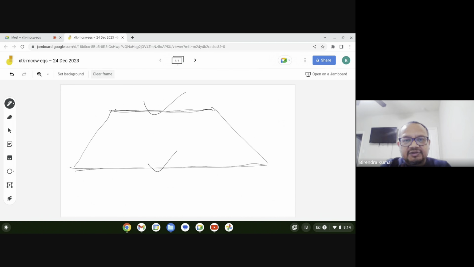So the property of this shape is it's like a quadrilateral. Quadrilateral means something that has four sides. So this has one side, two sides, three sides, four sides. And only two of the sides are parallel to each other. Now you'll ask me, or I will ask you, what is a parallel side?